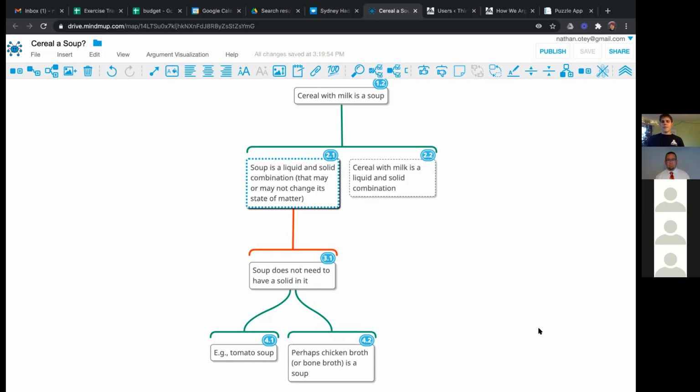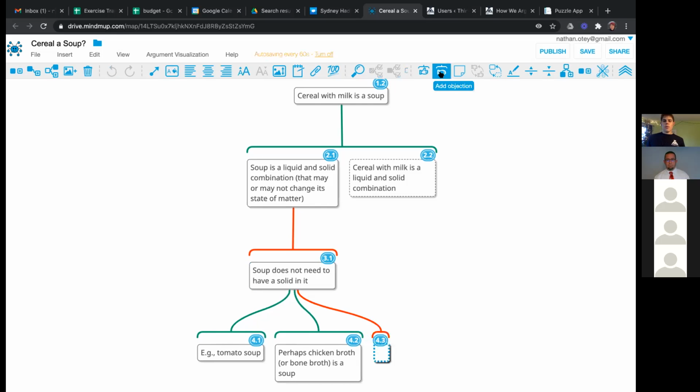Another liquid soup would be split pea. Okay. And would you say that that's also something that was originally solid then, Karina? Yes. Okay. So maybe we want to say soup does not need to have a solid in it, but the response is like, well, most soups were made of ingredients that were solid at one point.